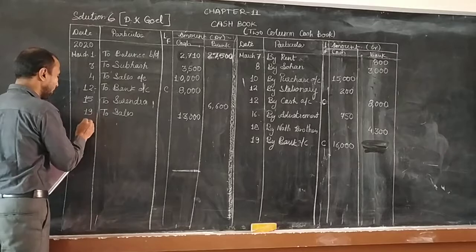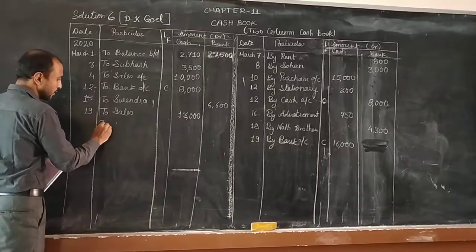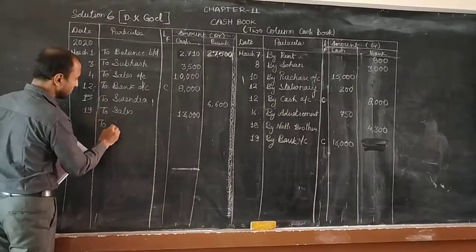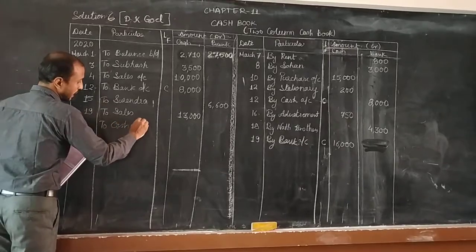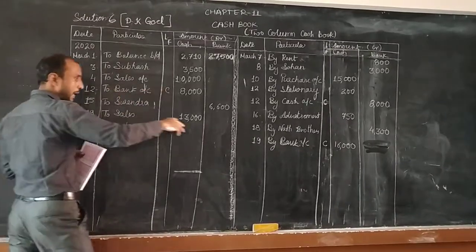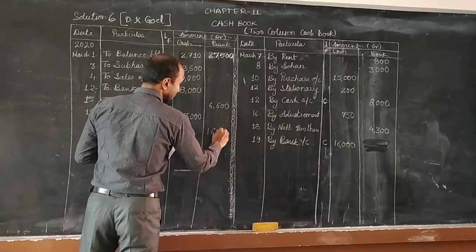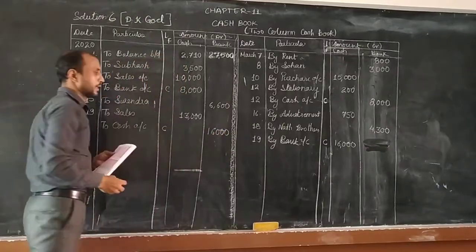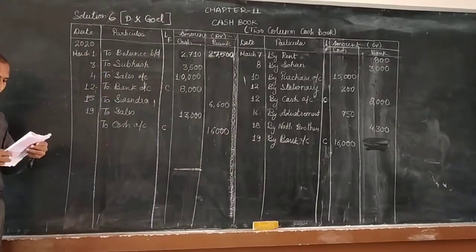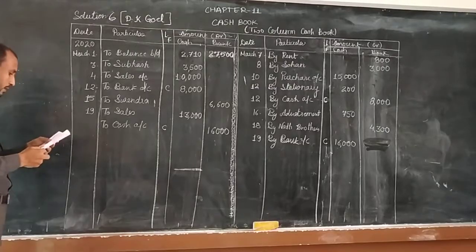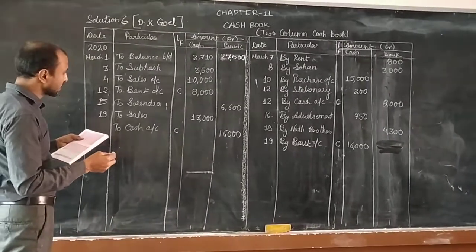Bank account. So here we will write one more, that is on 19. So to your bank, so it is your cash account. Cash से पैसा कैश के फॉर्म में बैंक में आएगा. So it is 16,000 and it is also contra. It is clear. 16,000 your receipt में बैंक कॉलम की कैश के नाम से आएगा.